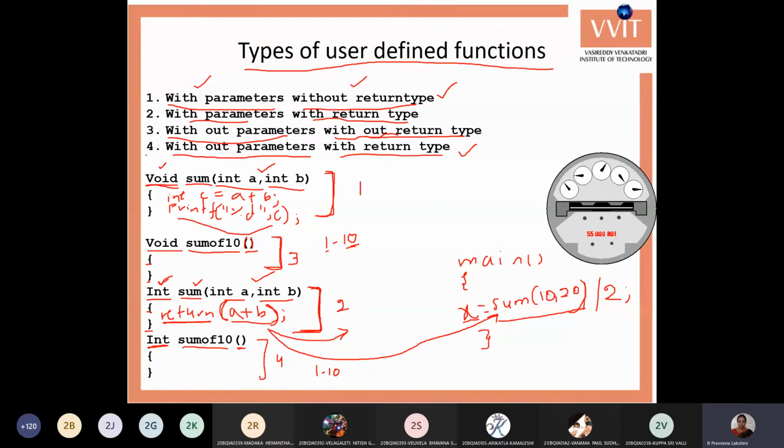Next, the fourth type: without parameters, with return type.